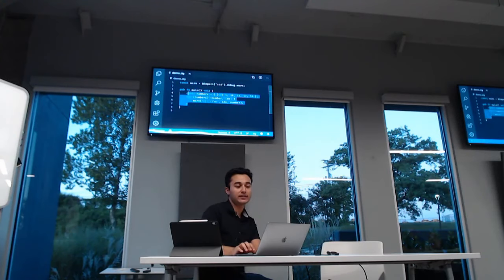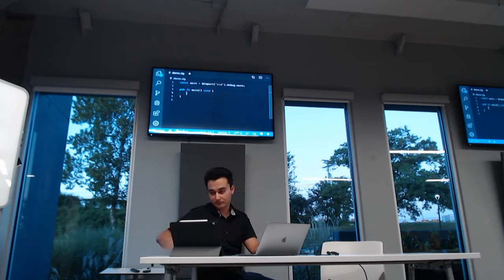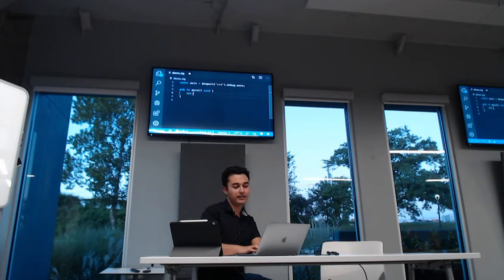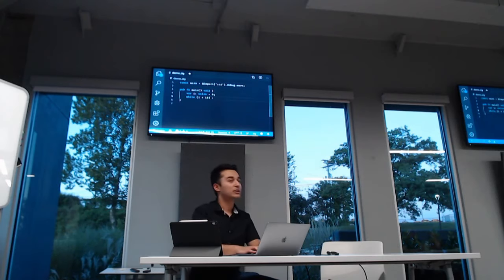Now, if we wanted a regular while loop or a regular for loop from C, you would do that with a while here. So let's say var i, which is a usize, equals 0. And then I would do while i is less than 10. And then this is another syntax here. Usually with a loop, there is always a continue statement.